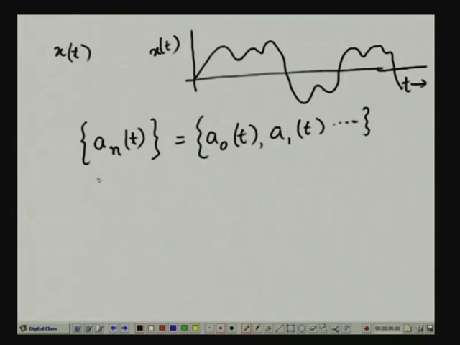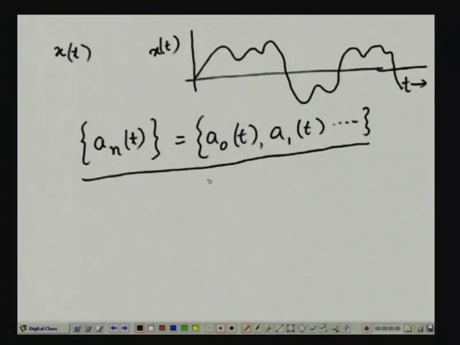This set of real valued continuous functions is said to be orthogonal over an interval, say t_0 to t_0 plus capital T, if I take the integration of